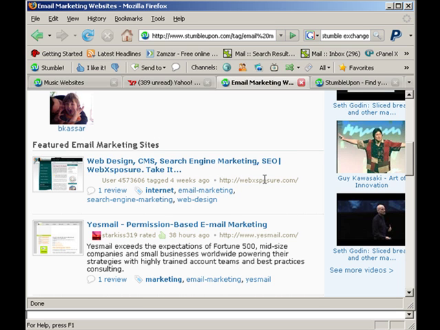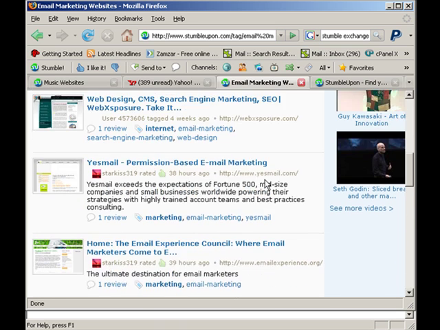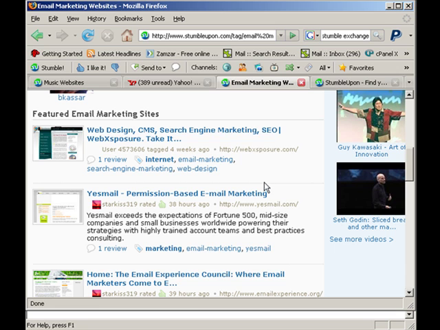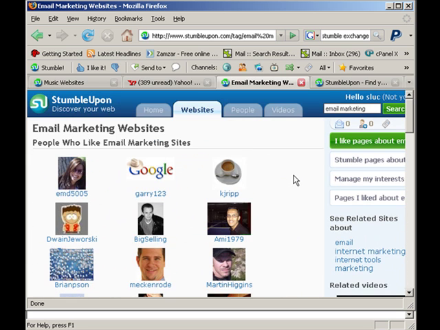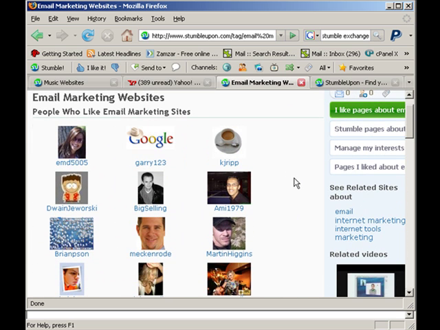So that's the whole mentality here, and you can get traffic simply by creating a profile, adding something valuable, whether your website or a blog. Start adding people that have similar interests to you. And do not forget about the StumbleUpon exchange system, because that helps a lot. And make sure you create a blog using StumbleUpon.